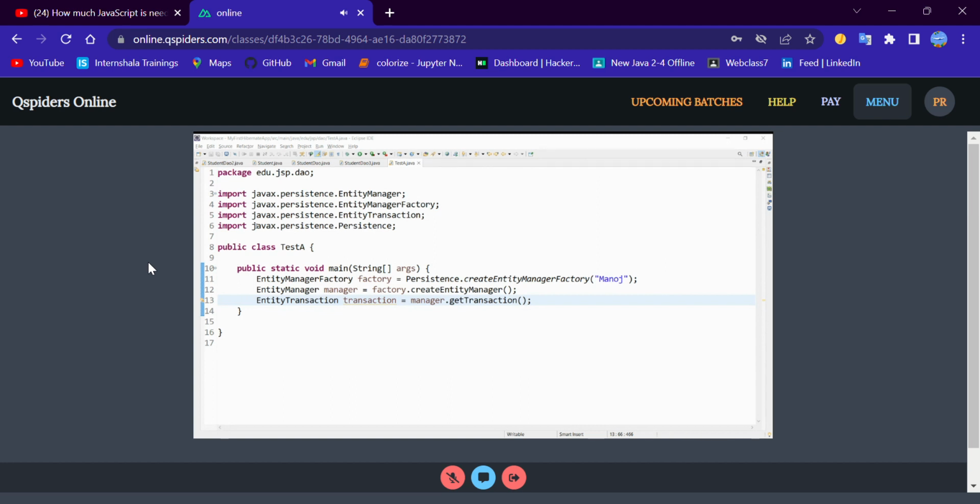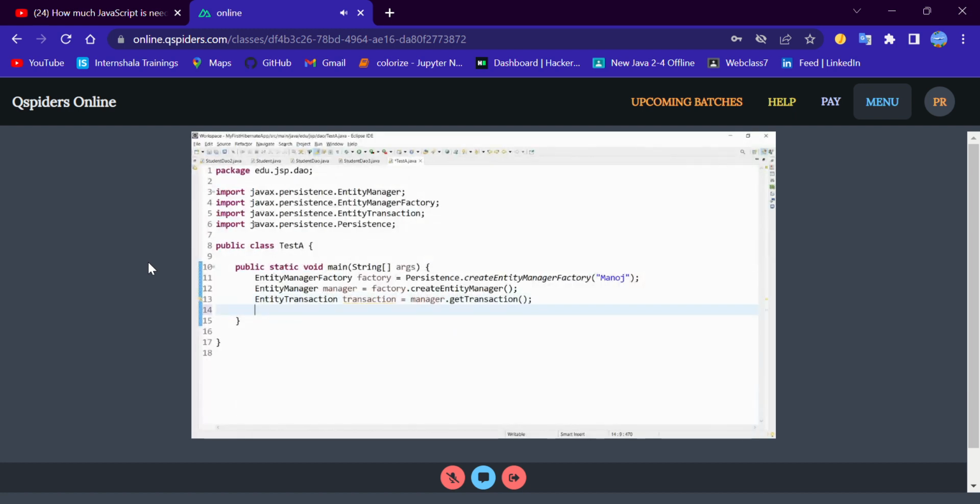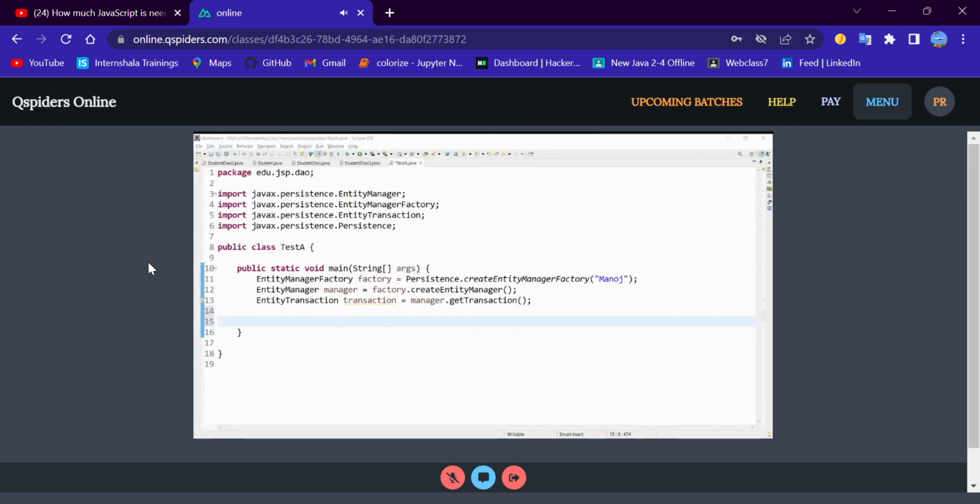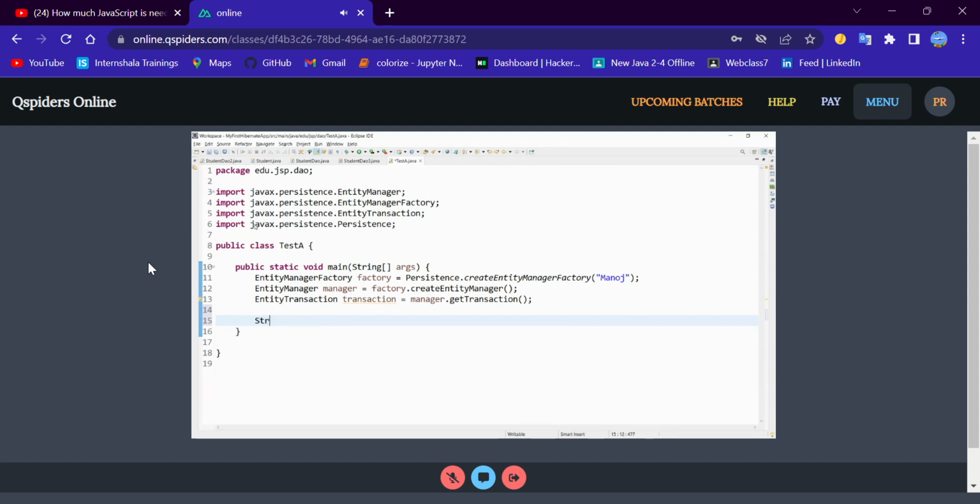Okay, now what I'm going to do is, I said we don't have any default method so that I can fetch the name of a particular user. So what I can do is go for writing a JPQL query, which helps us to deal with a particular table. Okay, so the query will be like select S from